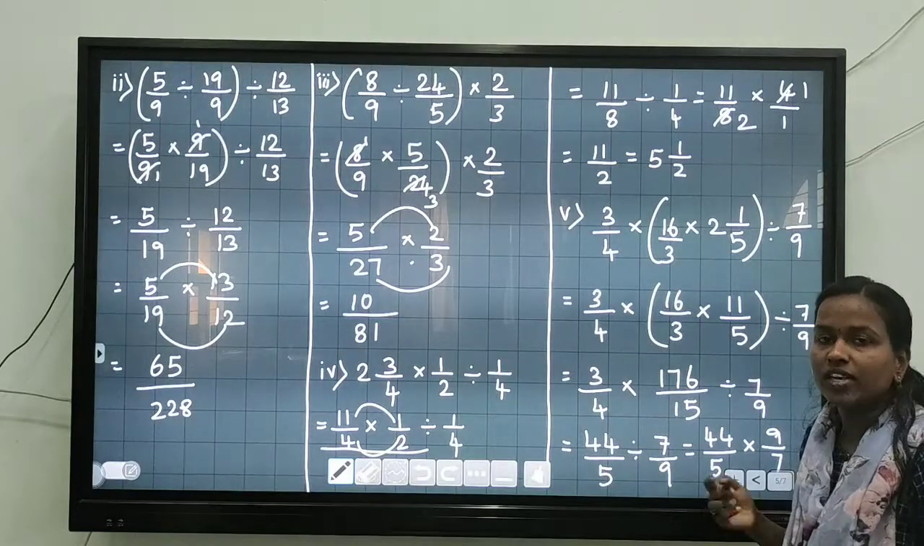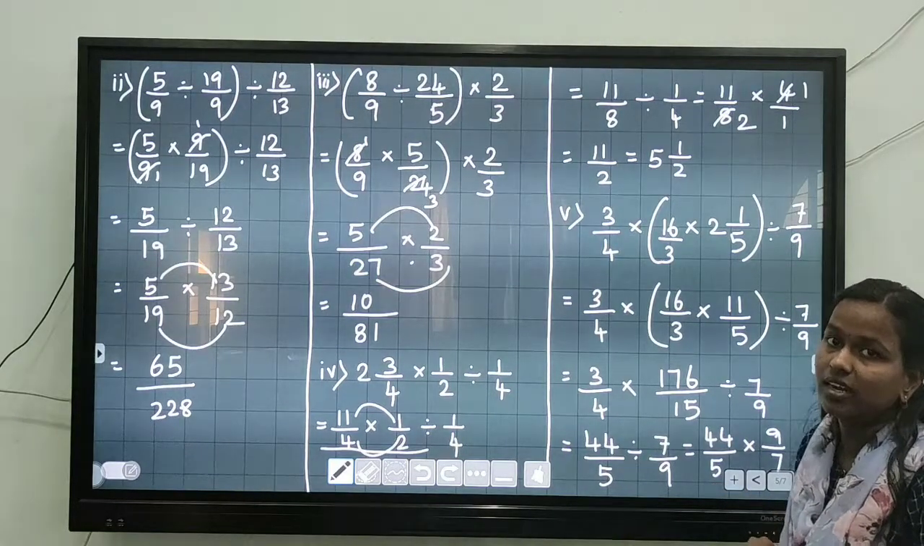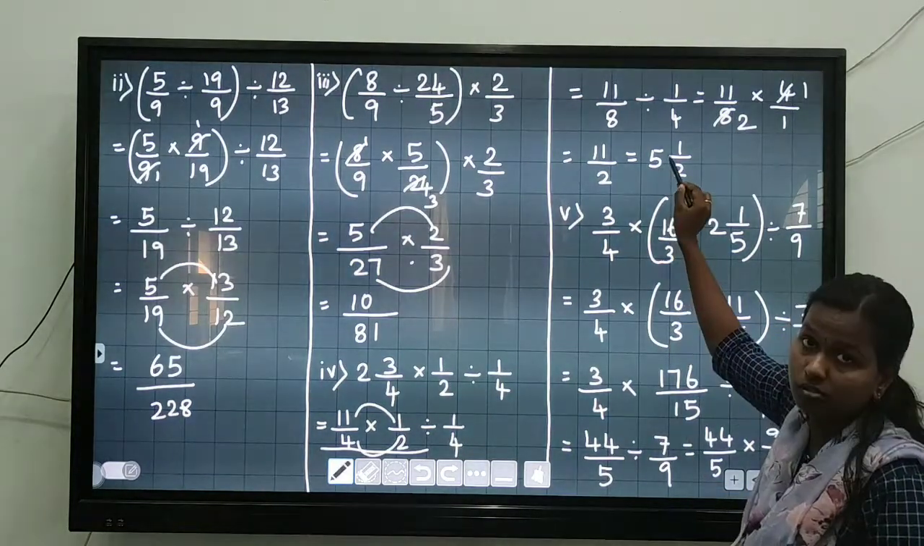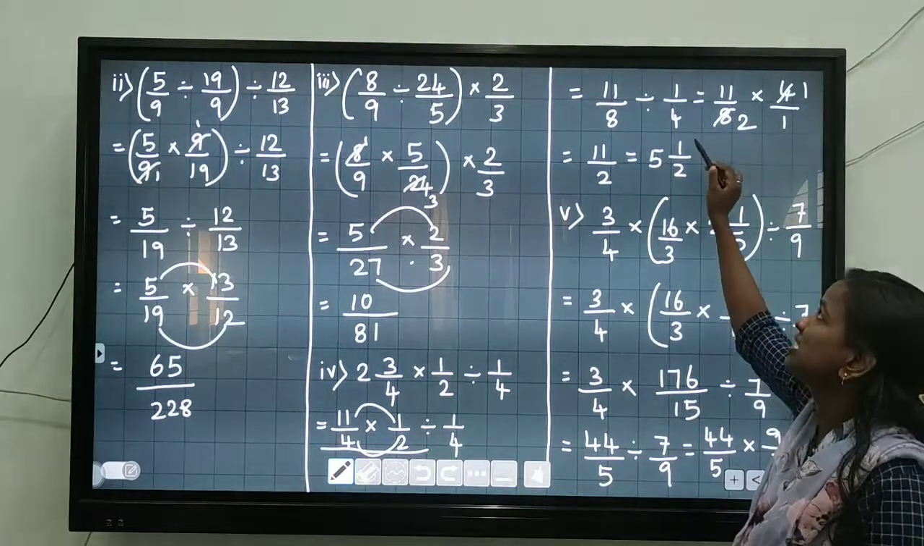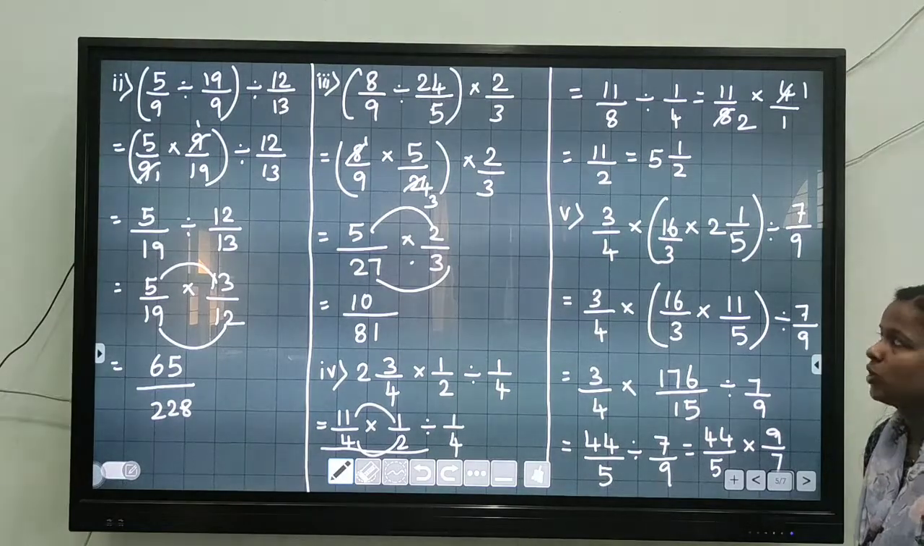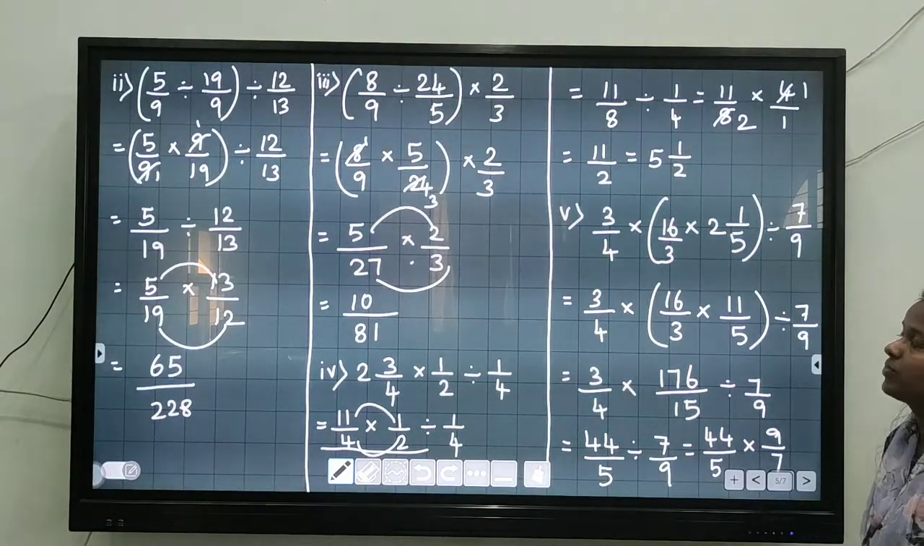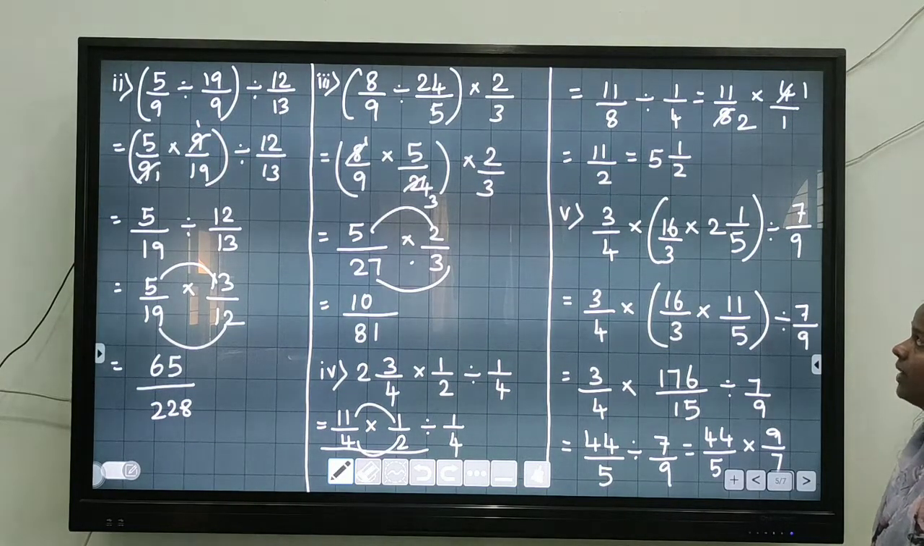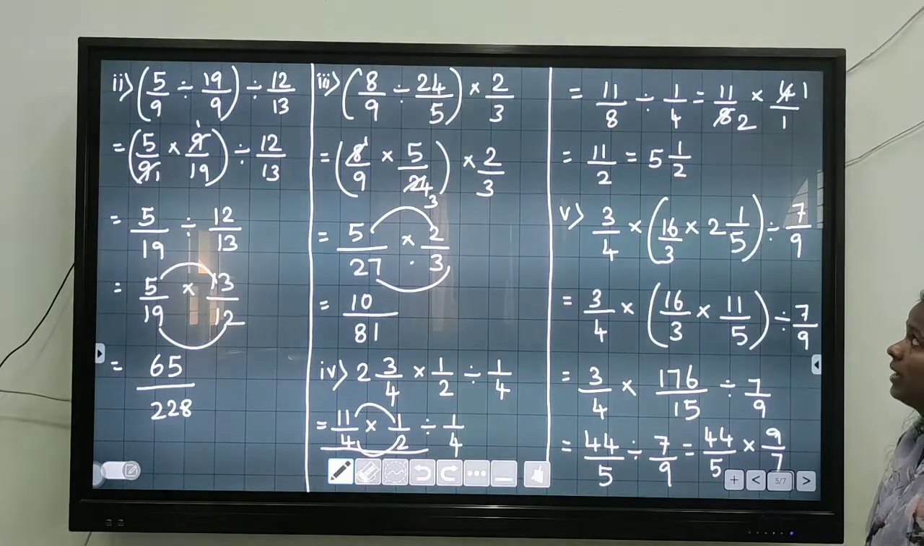The denominator is a smaller number, so we can change this into a mixed fraction. 5 2s are 10, so 5 quotient I am writing here. Remainder 1, so I am writing 1 in the numerator. So our answer is 5 of 1 by 2. In the same way, in the fifth part, 3 by 4 multiplied 16 multiplied 2, 16 by 3 multiplied 2 of 1 by